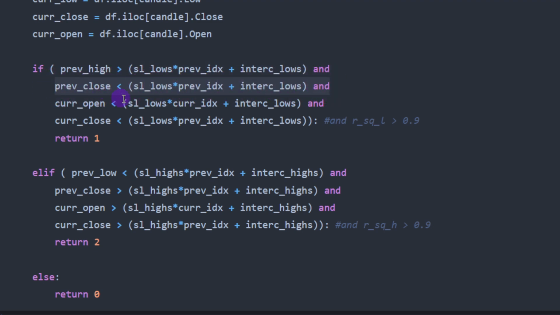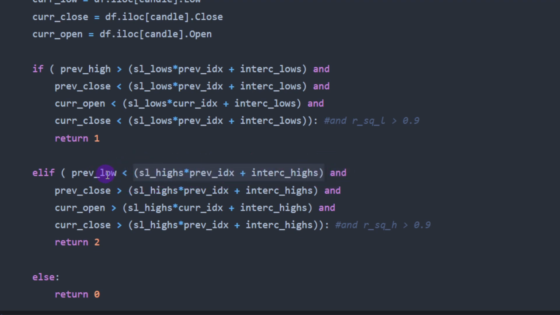It breaks out of the channel below the channel, and the current open and close candle both are below the channel. It means we have a breakout and we are forecasting a future downtrend. So we return 1. Else, in the opposite condition, if the previous low is below the highest segment of the